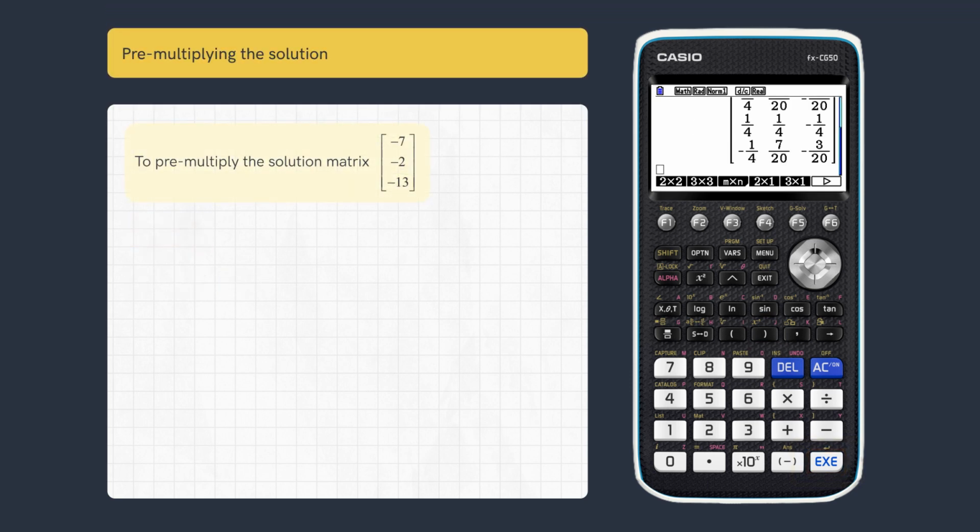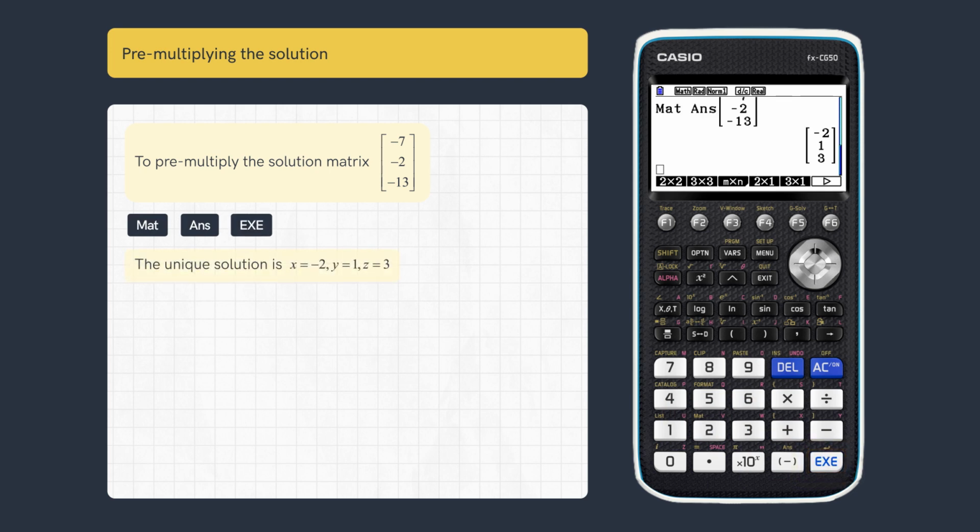To pre-multiply, press matrix, answer, and multiply the inverse by the matrix of solutions. Then press execute. As the inverse of the matrix of coefficients exists, the equations are consistent and a unique solution